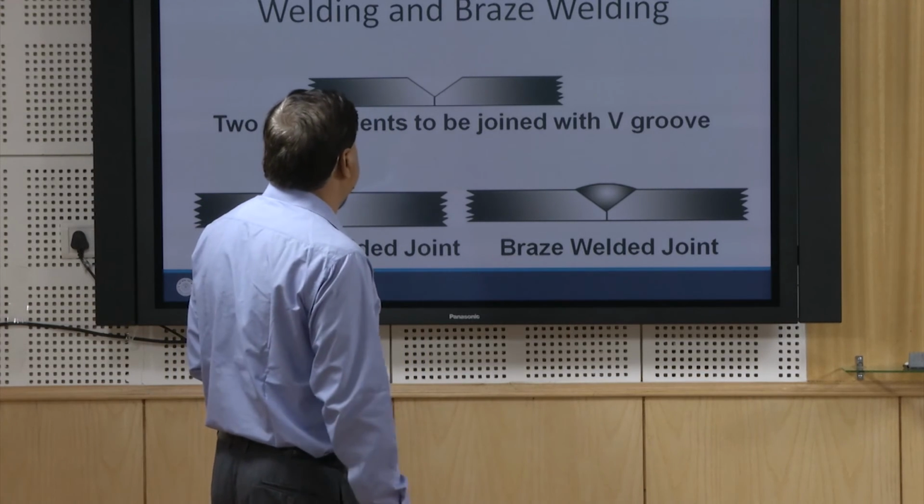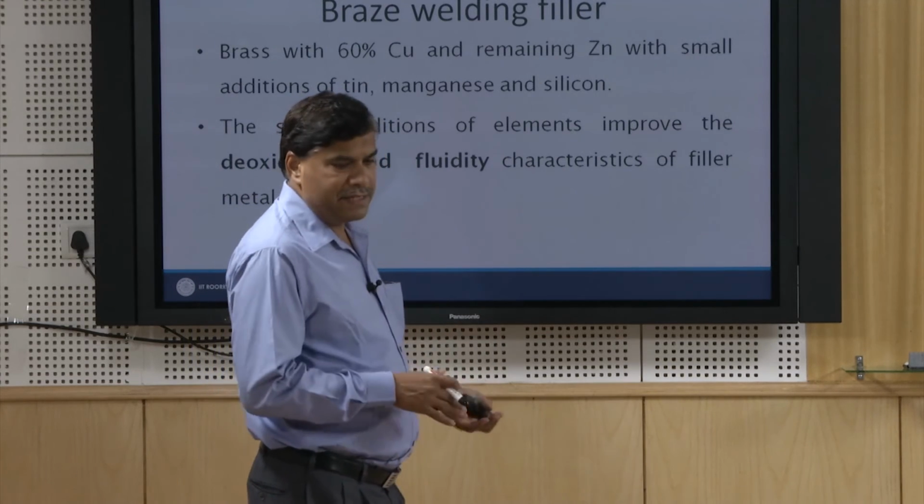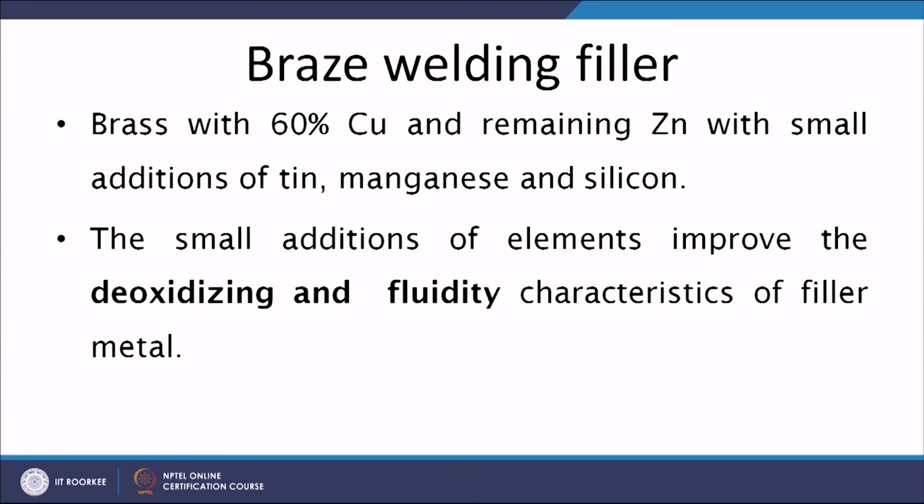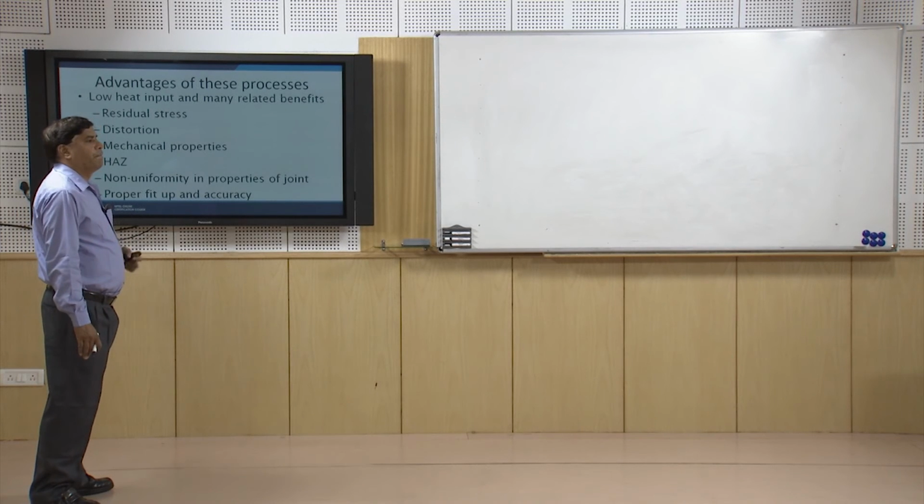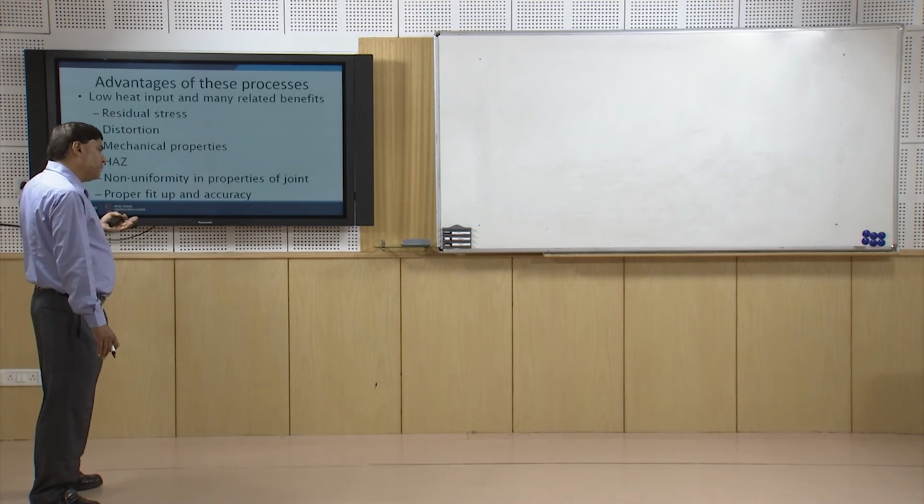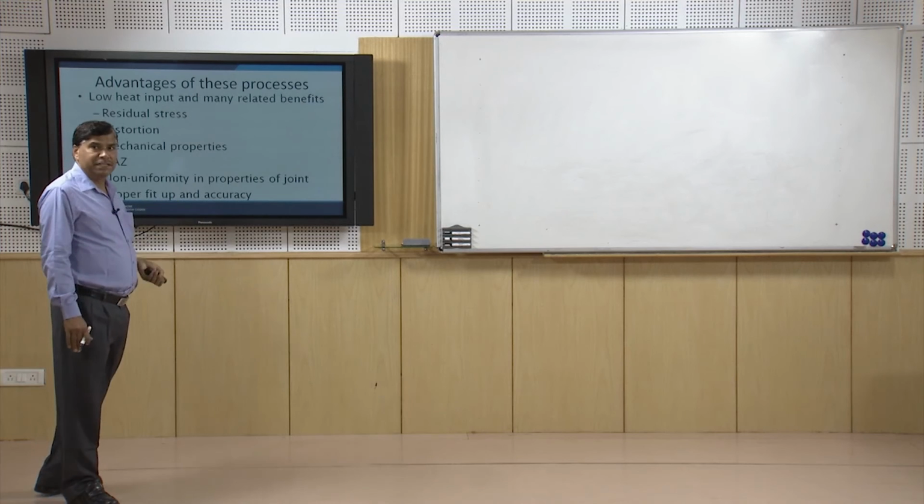So, this is how we can easily distinguish between the fusion welds and the braze welds. The brazing filler is mostly 40% copper, a brass with the remaining zinc amount, while a small amount of other alloying elements like tin, manganese and silicon are added for achieving specific functions like deoxidation and improving the fluidity of the filler, so that it spreads in the course of the braze welding process, and it occupies the different gaps, whatever ups and downs, asperities, peaks and valleys are present on the surface